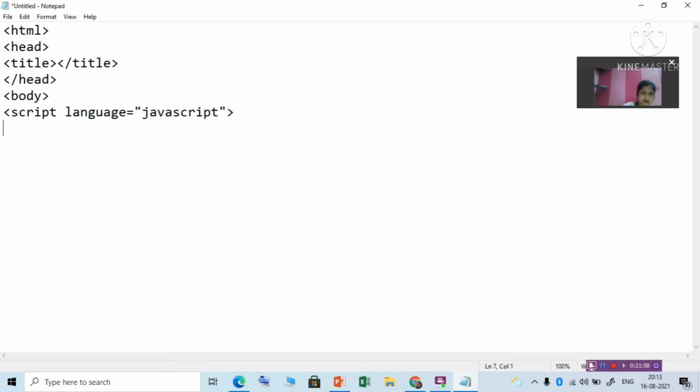So suppose now I'll write here function. This word is a keyword you have to write. Suppose the function name I'll give as area. Give prompt. Suppose we want length. Length is equal to prompt, enter length.